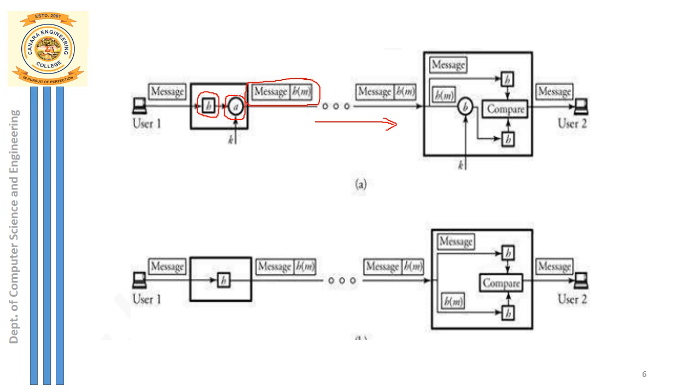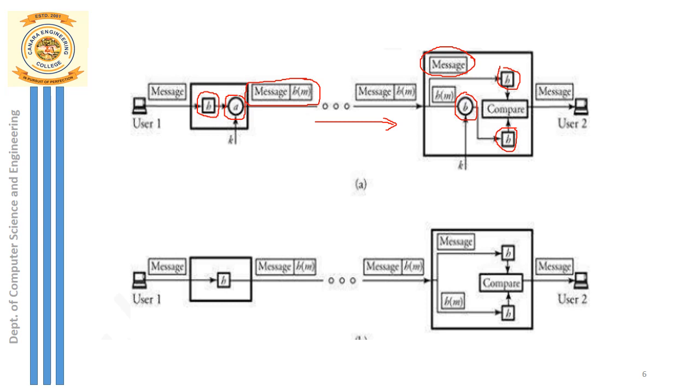Once the receiver, user 2, receives the message as well as the encrypted hash value, the encrypted hash value will be decrypted by using the same key that the sender has used. That is, here symmetric encryption and decryption happens, and user 2 will also calculate a hash value locally with the help of the received message. If the two values, that is the received hash value and the calculated hash value, are equal, then the message is authenticated.